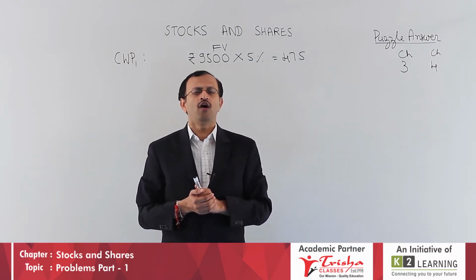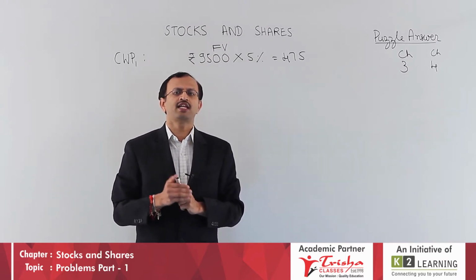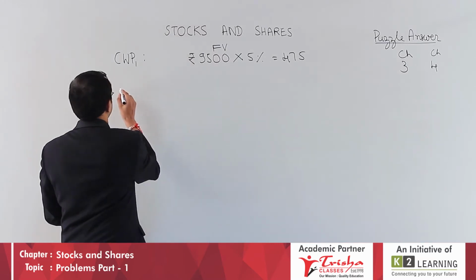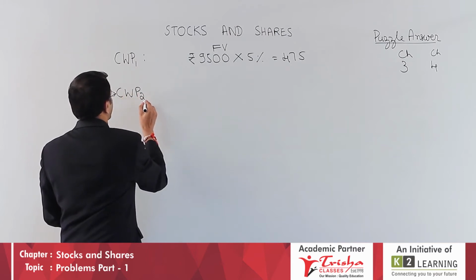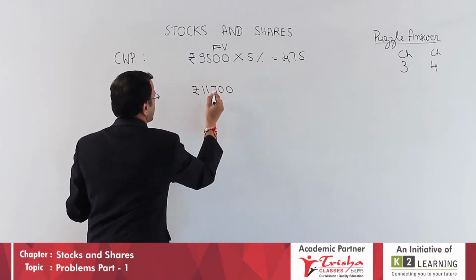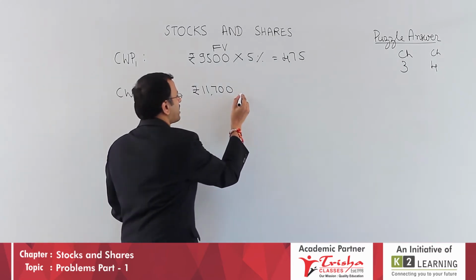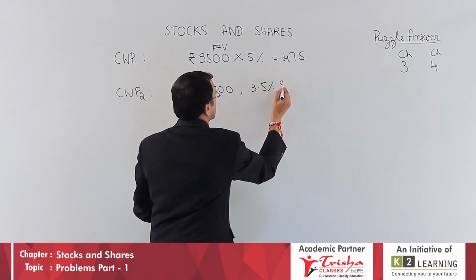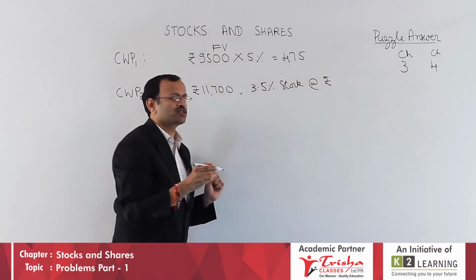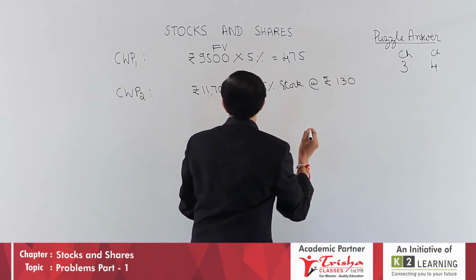Problem number 2. How much stock can be obtained by investing rupees 11,700 in 3.5% stock at 130? Refer to the question. The investment is 11,700, 3.5% stock, at rupees 130. Now, what is the meaning of the words